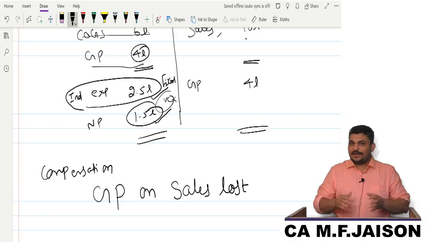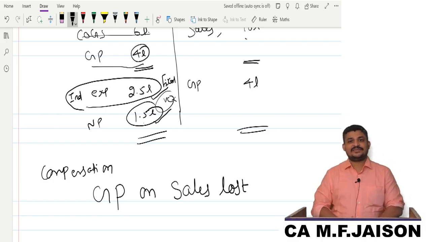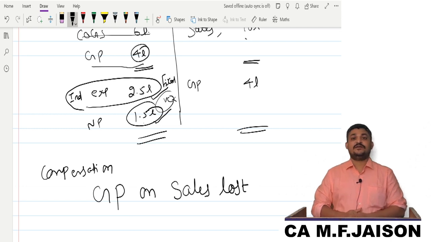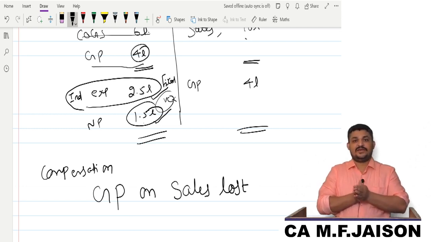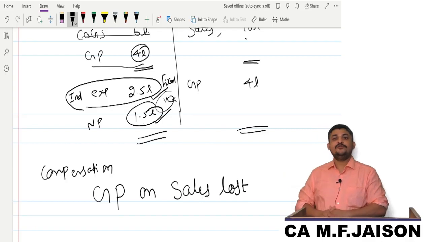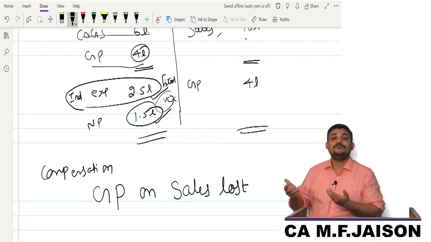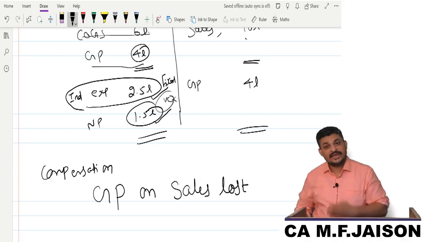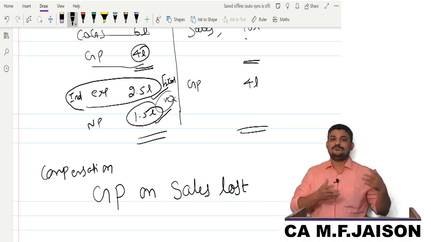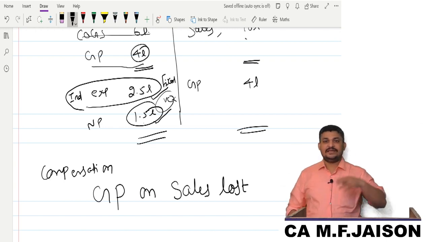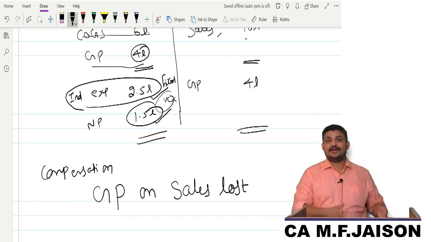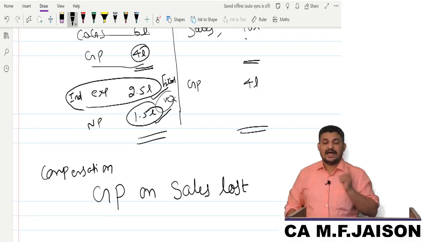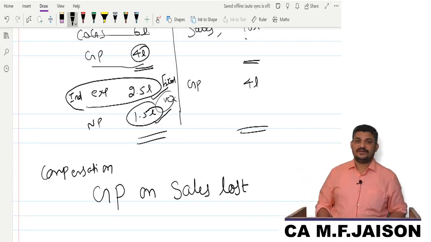So I was asking a simple question. Sir, fire accident occurred. Yes, fire accident occurred. You lose profit. Yes, you lose profit. Which profit, sir? Profit after fire or profit before fire? Profit after fire. Why do you lose profit after fire? Because we lose sales. And why do you lose sales? Because you lose stock, furniture, building, human resources, marketing department, so many losses, and thereby you lose sales, and thereby you lose profit. Like that you should understand.